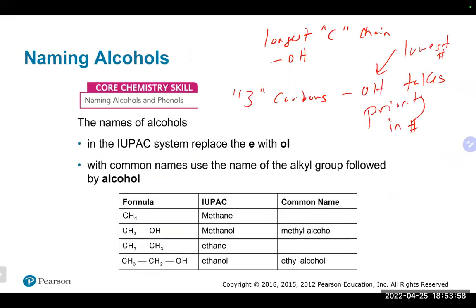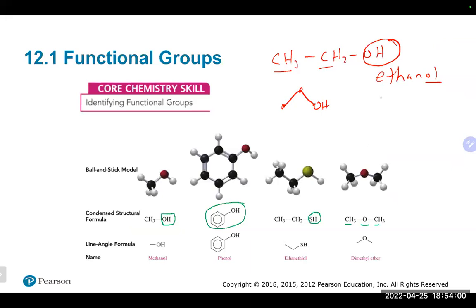First off, just like carbons, you can classify alcohols as primary, secondary, and tertiary alcohols. The deal is here, it works the same way, except we are looking at the carbon that has the OH group attached. So the carbon that has the OH group, how many carbons are attached to that guy is what we're looking at. Same rule, if it's 1 carbon attached to it, it's a primary. If it is 2 carbons attached, it's a secondary. And if it is 3 carbons, it's a tertiary.